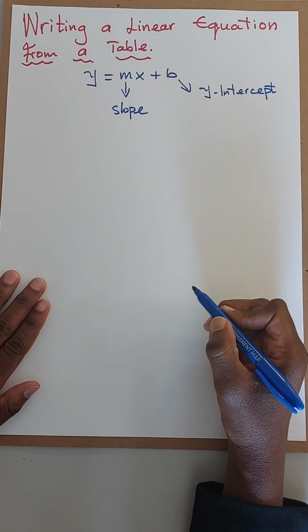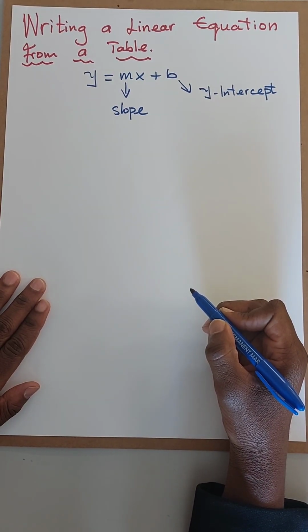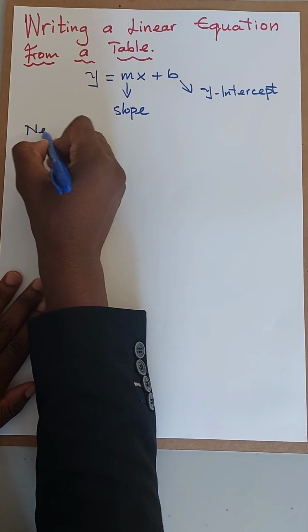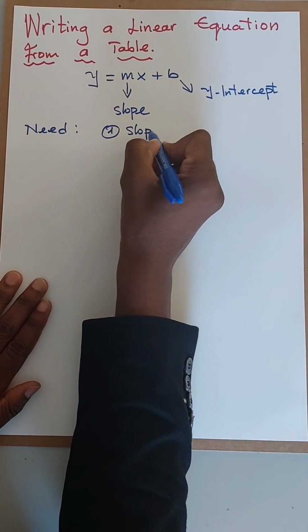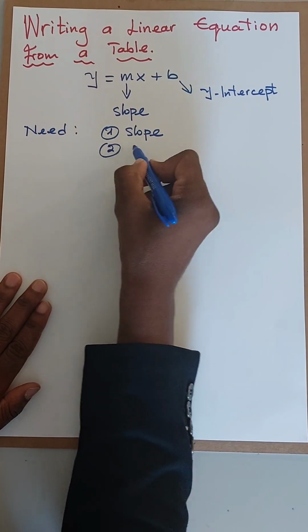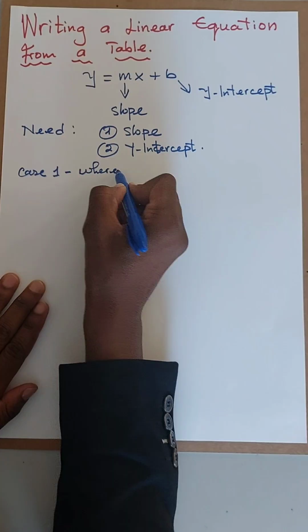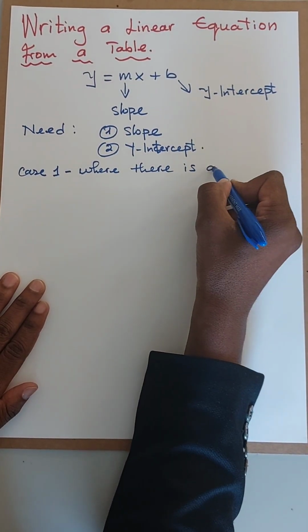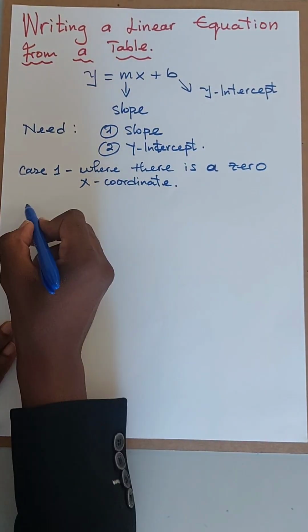Now, in this video, we want to write a linear equation from a table. So there are two things we need to write a linear equation from a table. Number one, the slope, and then we need the y-intercept. Case one, where there is a 0 x coordinate. So consider this table